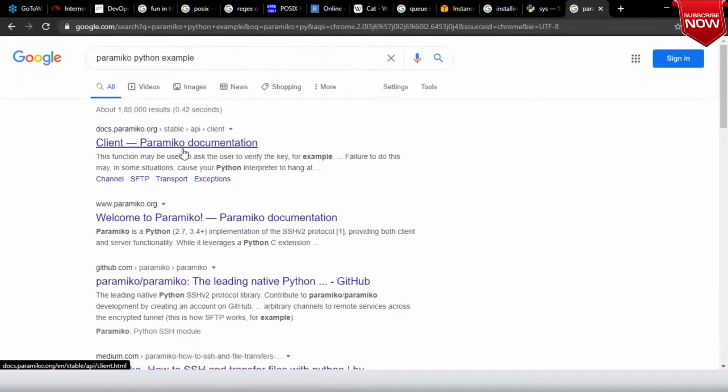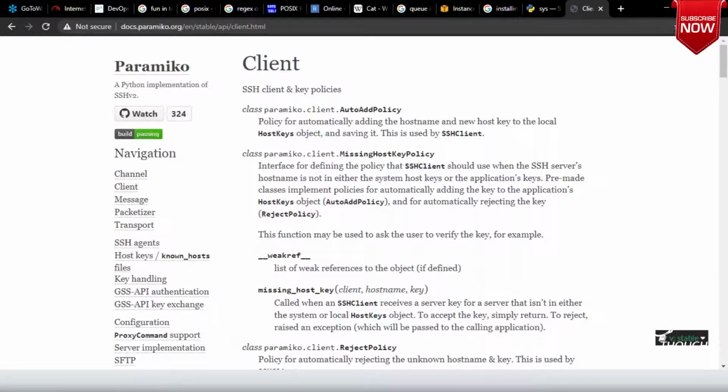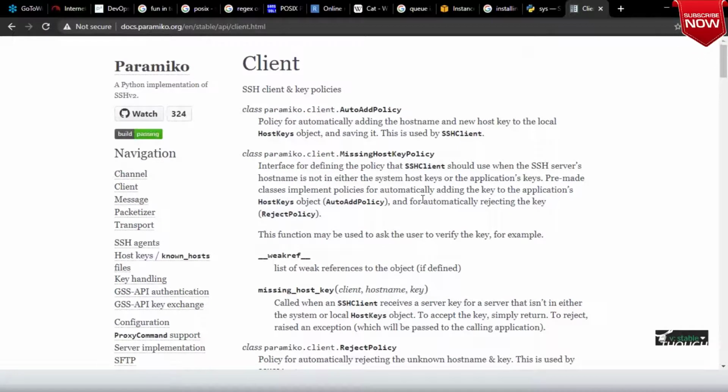You can take any example. Can you please look into this for at least 5 or 10 minutes and try to tell me how can I create a client object? You can do Googling. You can read this client class. The choice is yours.